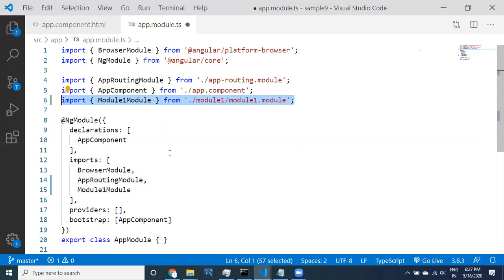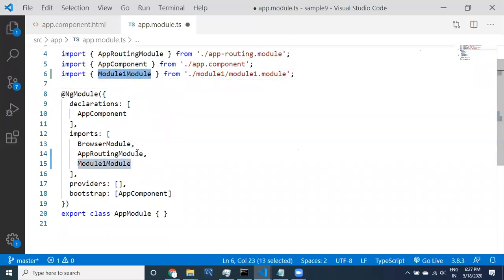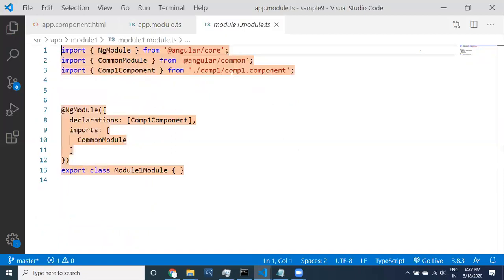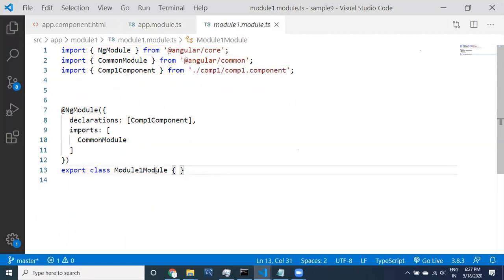You have to do two steps: first import this class, and then provide this class in imports. The class name is Module1Module. We provided module one only, but by default it gets appended.